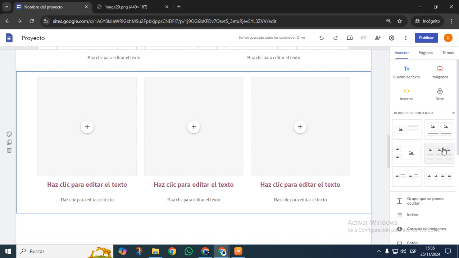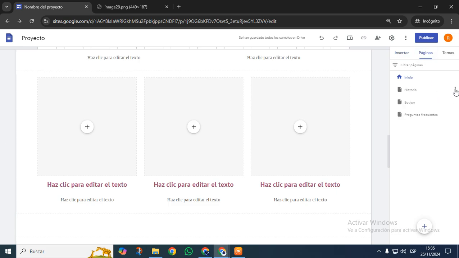But not only in this page, of course. You can also add a sub page by pressing on the button pages, and in the home page you can add a sub page, or duplicate the page, which is not really recommended. So I added a sub page right here. We can place Historia part 2